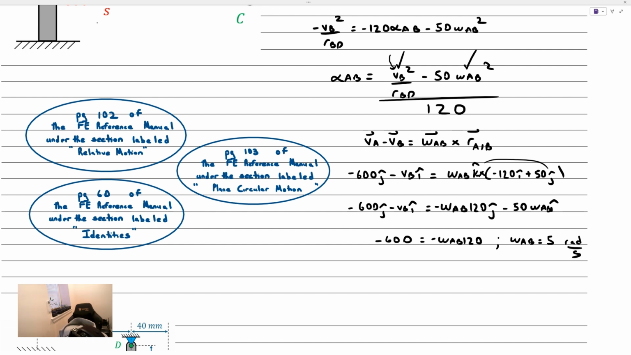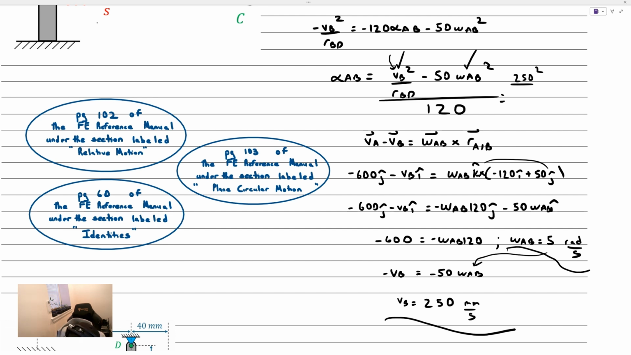What about if we look at the i direction? We get the negative of the speed at point B is equal to negative 50 omega AB, and we just found what omega AB was. So the speed of point B is just equal to 250, right? 50 times 5 is 250. That will be millimeters per second. If we go ahead and plug the speed of B, which we just found, as well as the omega AB, into our angular acceleration equation, what we'll get is